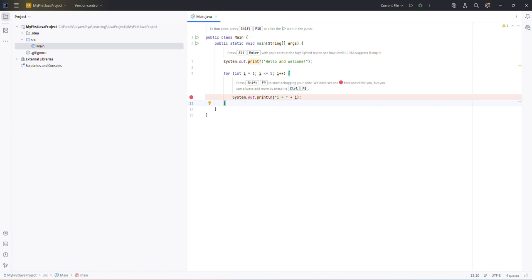This loop is instructed to run 5 times, starting from 1 to 5, and in each iteration, it has to increment to one value. So, once the hello and welcome message is printed, it will be printing I equal to